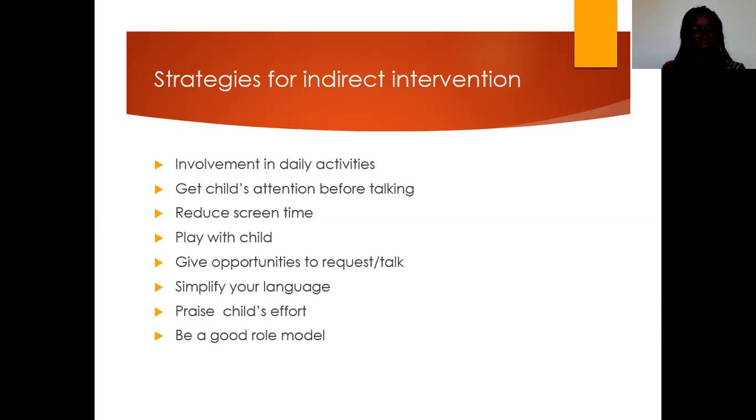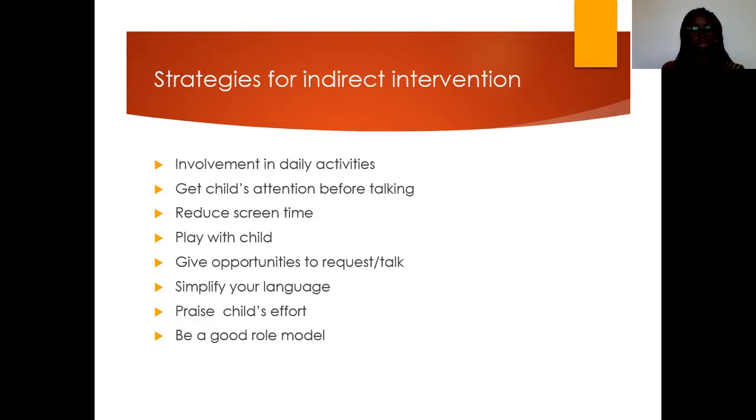Reduce screen time. It's very important for us to reduce the hours we spend behind the TV. Sometimes we leave the children behind the TV and we go do our own things. Yes, sometimes we are so tight, but we shouldn't continuously leave them behind the TV, because if they are delayed, it's not going to support language development.